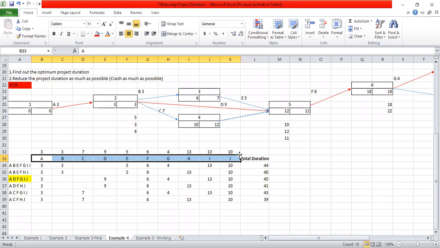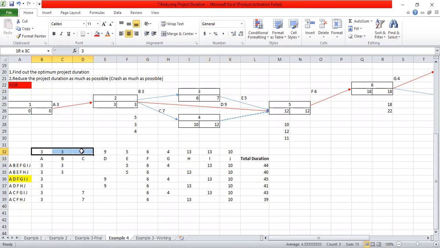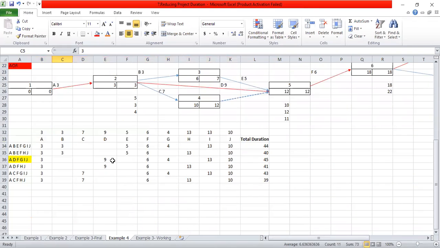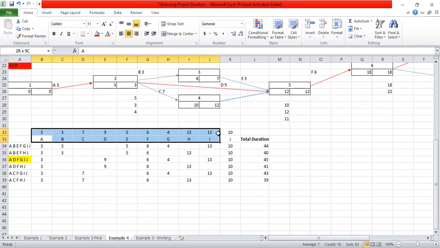And you have to write down the normal time of each and every activity. So after writing down these two things, you have to write down all the paths that you can go in